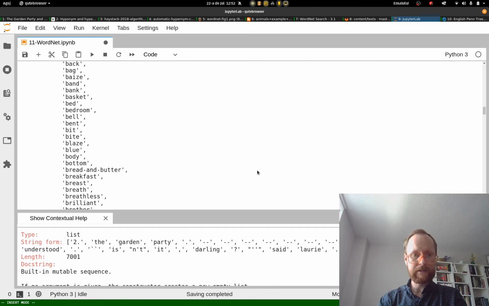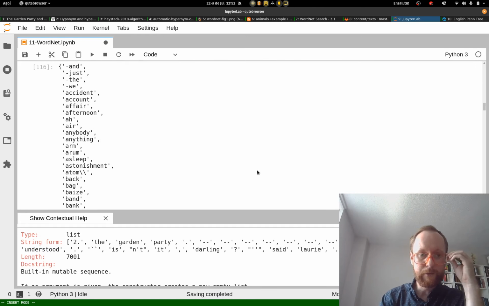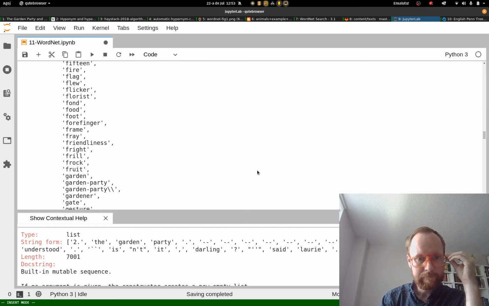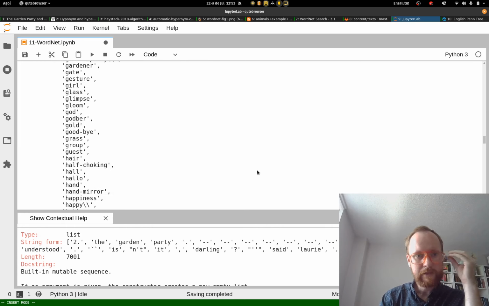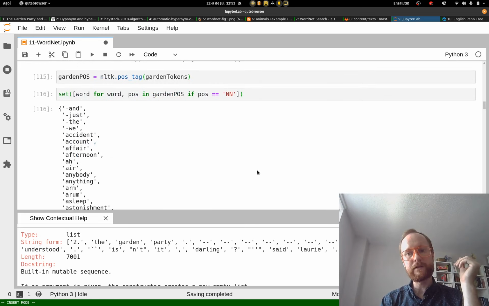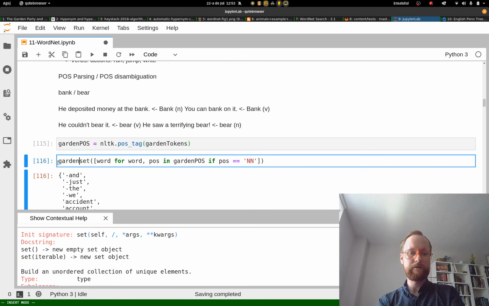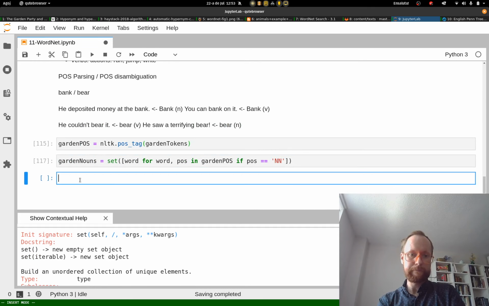Yeah, now let's just ignore that error. Okay, so we have lots of stuff that we could potentially categorize in this if we wanted to. We could call this garden nouns. And what we want to do is, and I can annotate this just as a way of thinking it through,